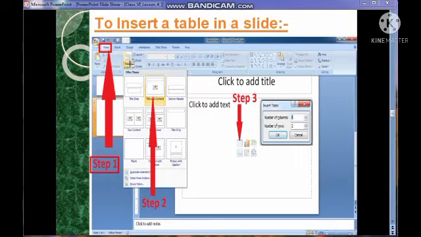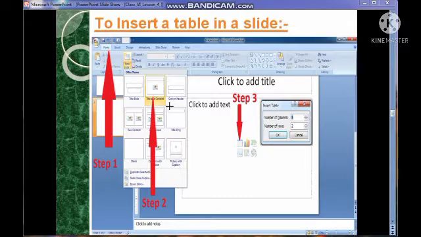After that we will click on the new slide option, and then we can click the title and content option. These options are used to insert a table in a slide.